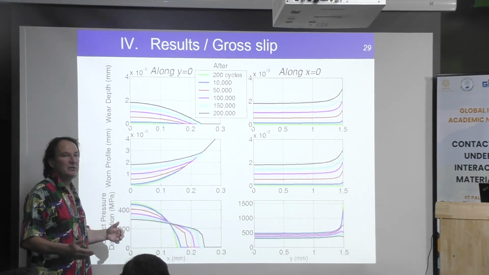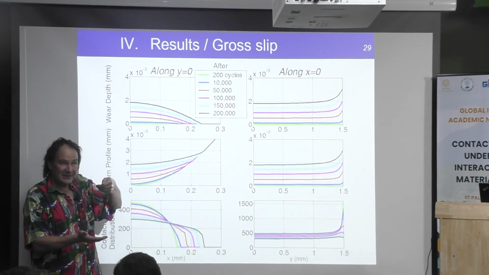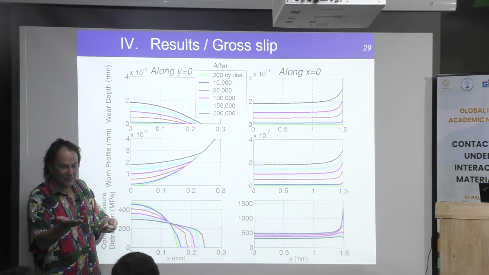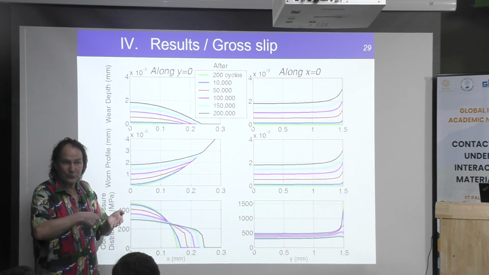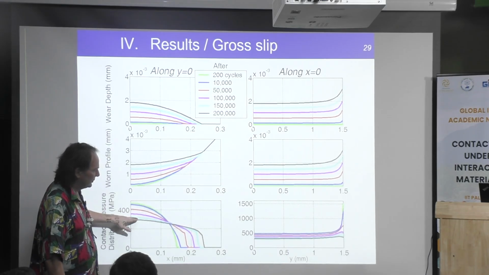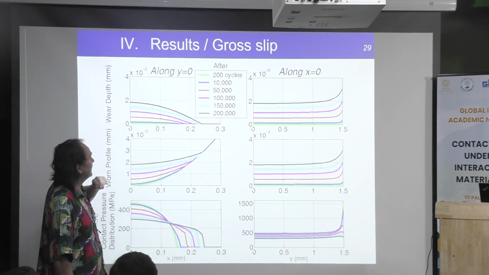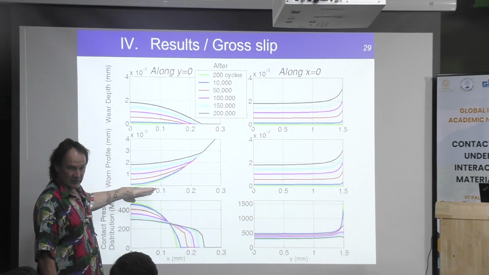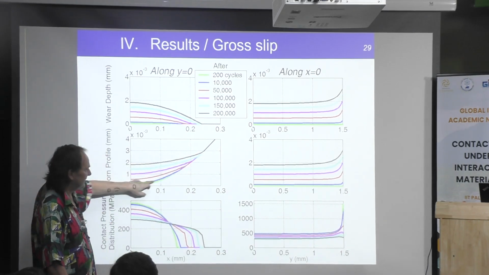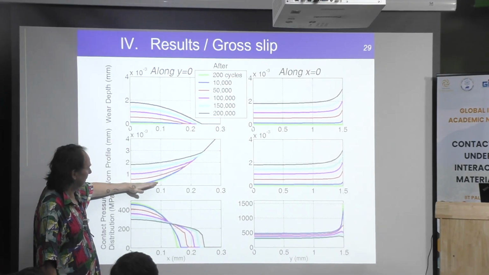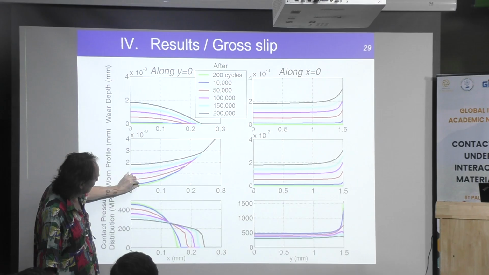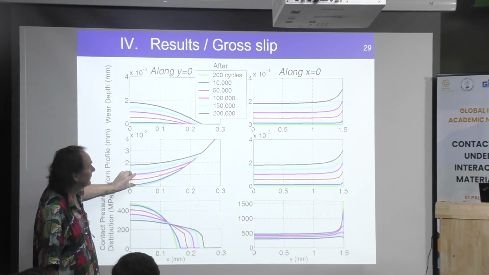Because in fact, at the end, you don't have a cylinder on a flat surface. You have a cylinder with a flat surface due to wear. Then that diminishes the maximum contact pressure like that. And if you observe the geometry, now this is the geometry, you can see that initially you have a cylinder like that, and because it is wearing, in fact this is a wear depth that you can find here.